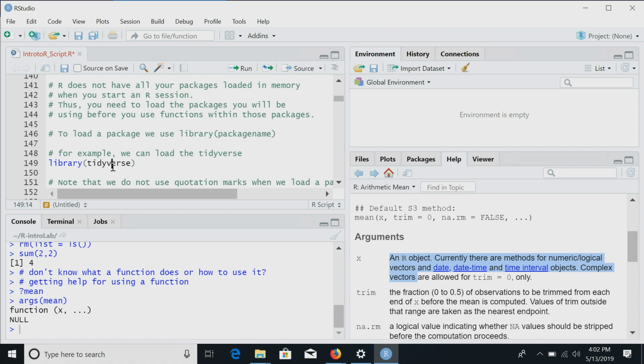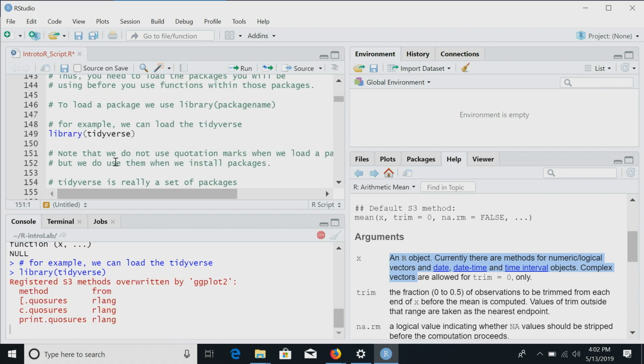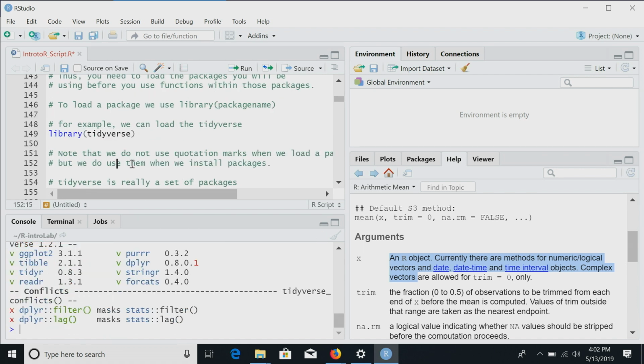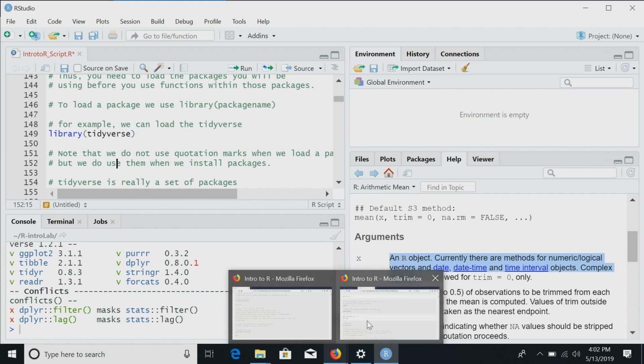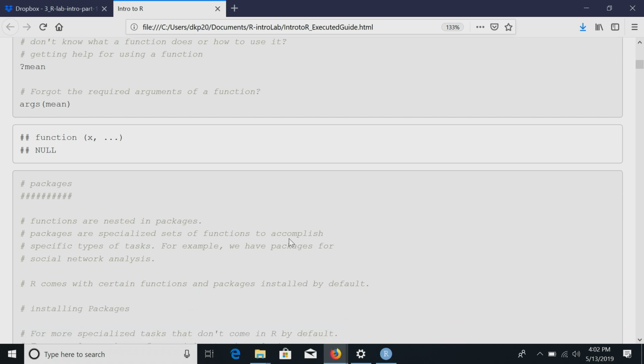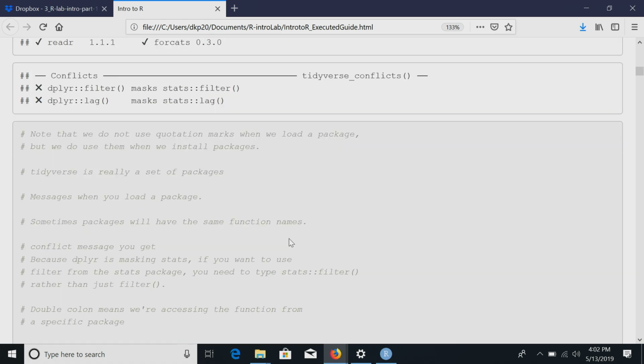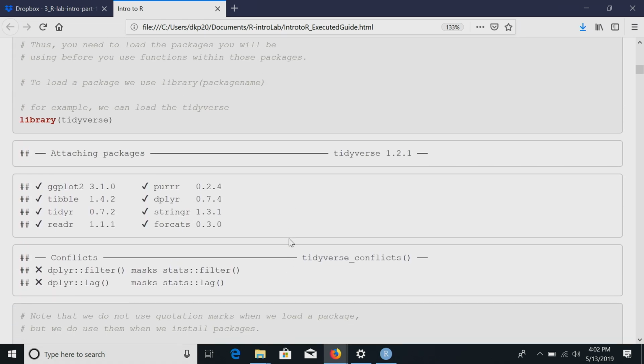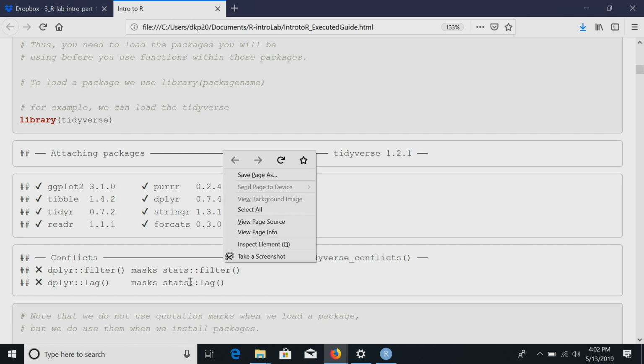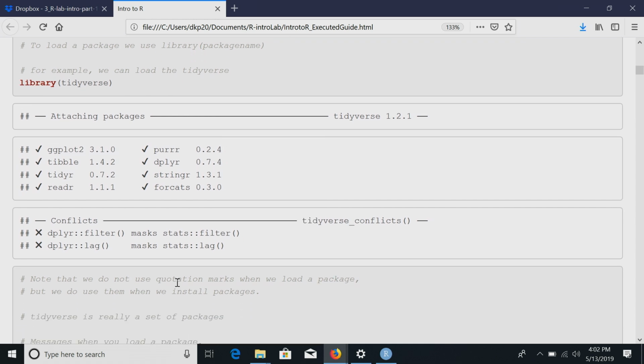So if we run this command, if we run this piece of code, we are going to see that the package is loaded. Let me show you, because this is very important, that when you load a package, you will often see many messages. And one of the messages that is very important to know about is about conflicts. So this is the message that we got when we